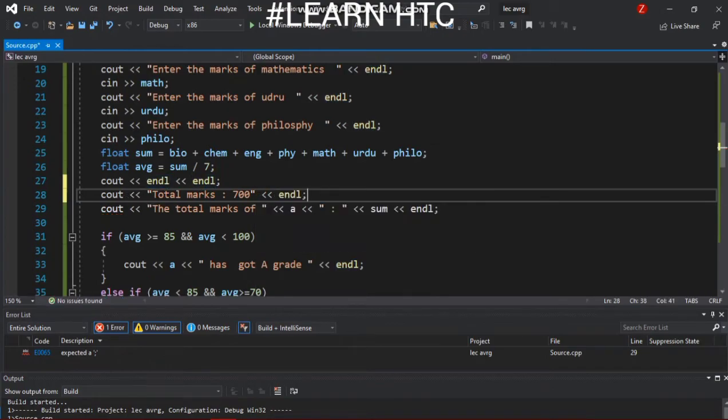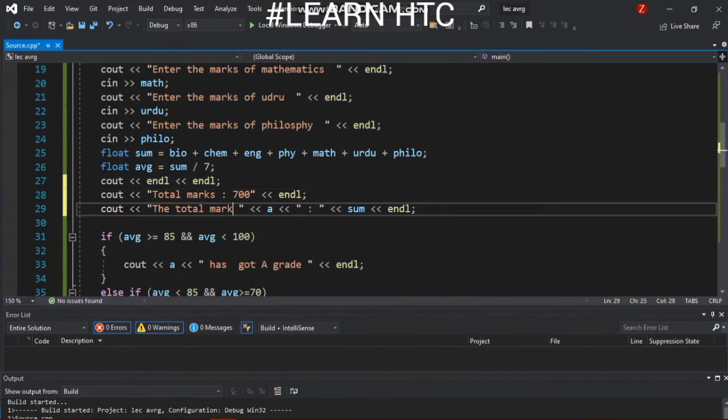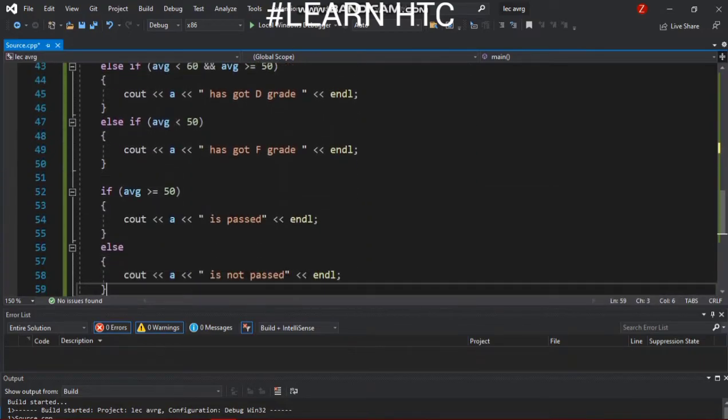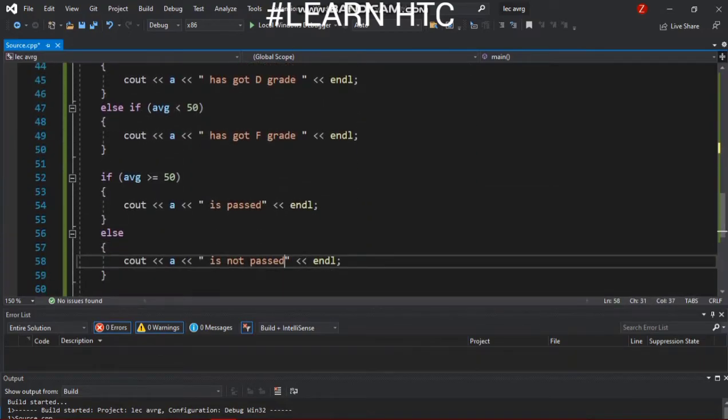Then you can simply add the total obtained marks, how much he obtained, and then instead of not passed you can say that is failed.